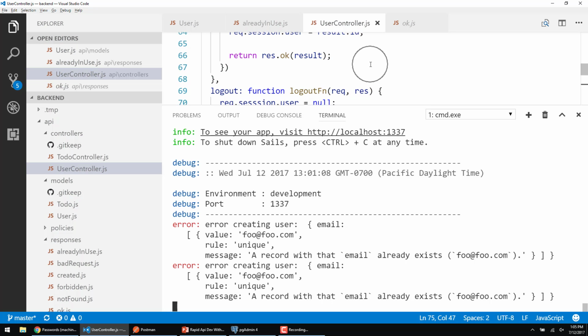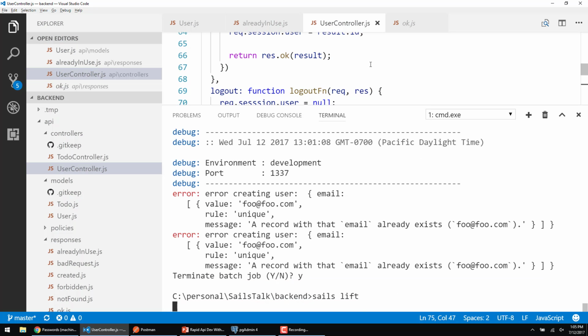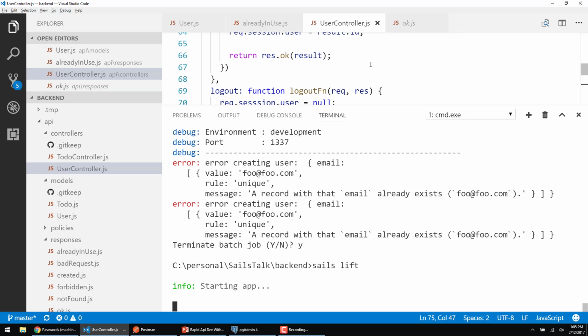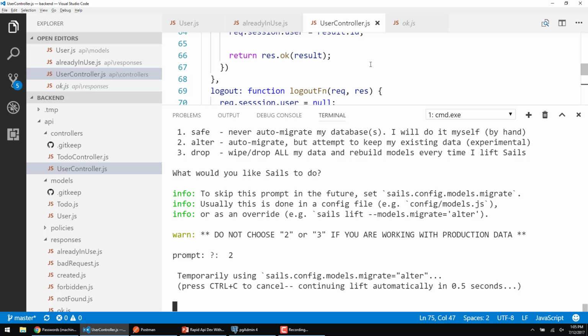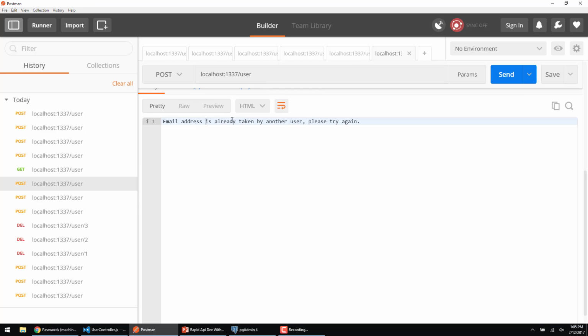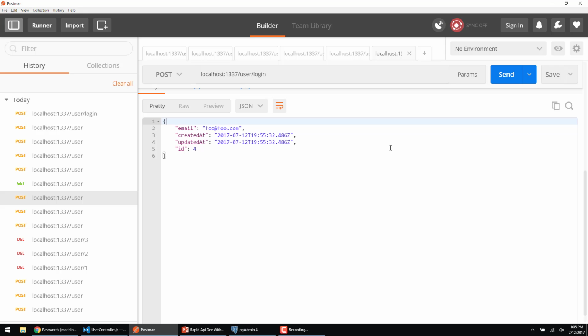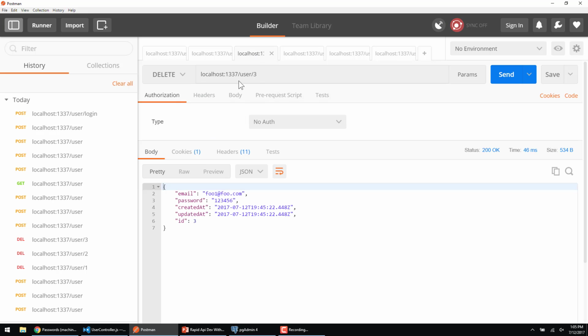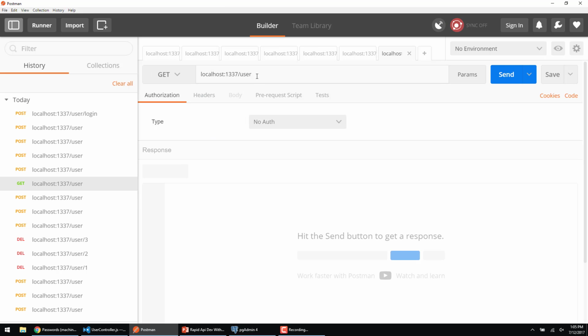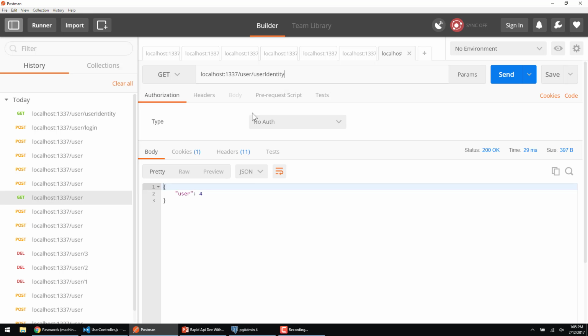So let's go take a look at what we just did. So restart our Sails lift here. So let's hit our login. There we go. So now I was able to call the login function, set all of my session state for me. So if I just grab the get here, now if I look at user identity, it spits out user 4 is currently logged in. I can also do a log out,